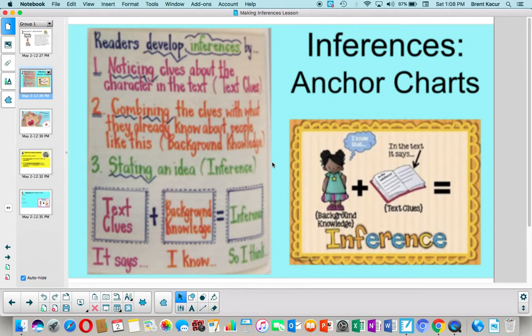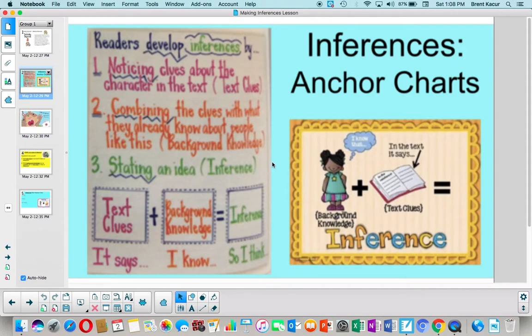So we don't want to go way off base with making our inferences. We don't want to make predictions that are so in outer space, right? We want to make inferences or predictions or draw conclusions based on the text information, the clues that we're given, along with our own background knowledge. And we want to make our inferences and predictions sensible and logical as to what may happen in future events